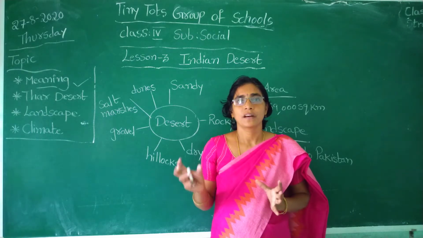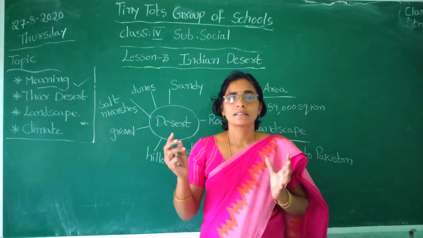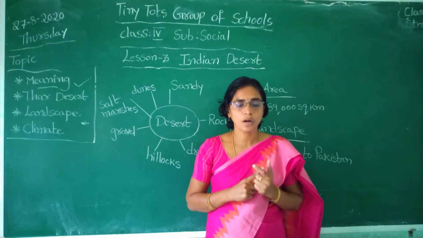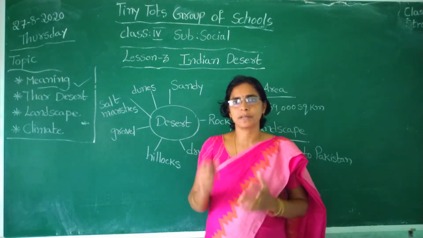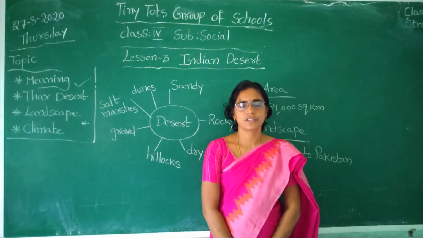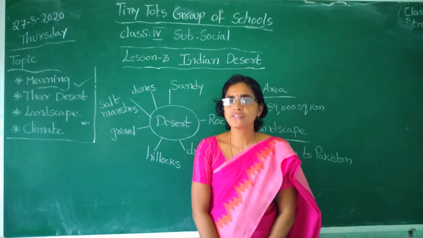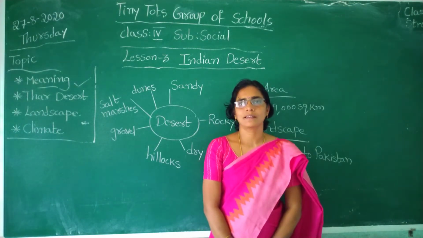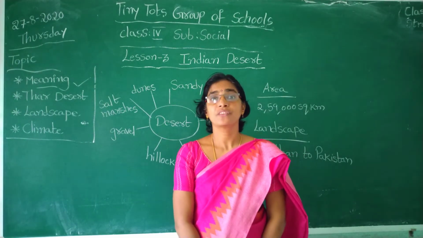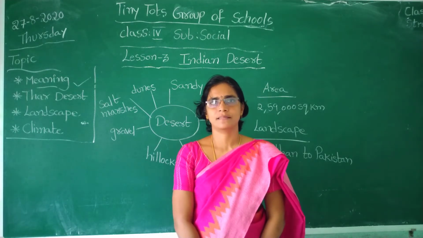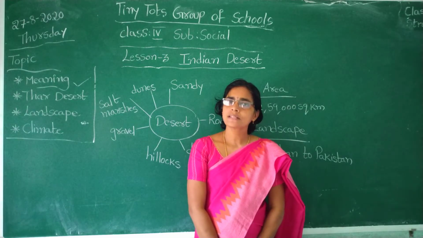And sandy, rocky. It is having small stones. So it is a dry place, rocky place, harsh place, and sandy place, having extreme temperature, extreme heat, and sparse vegetation. There is no vegetation. Why? Because there is no rain, there is no moisture, there is no water. So it doesn't have vegetation. Vegetation means plants or trees. Sparse means very less vegetation.